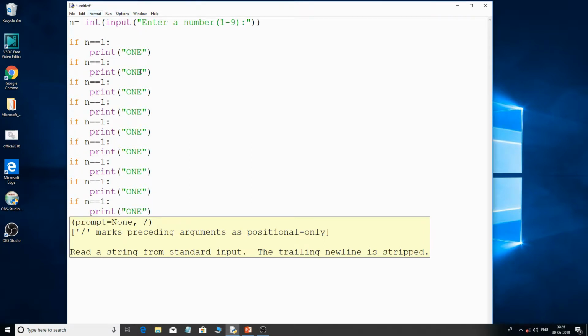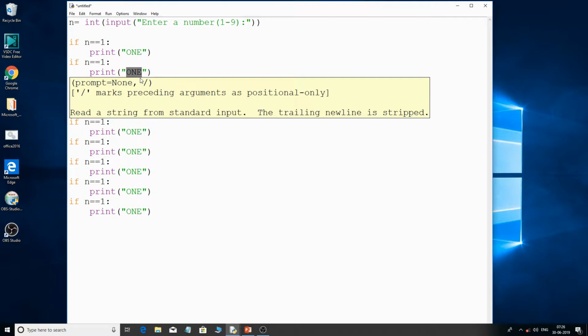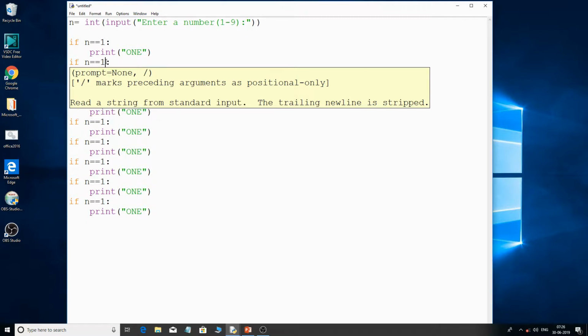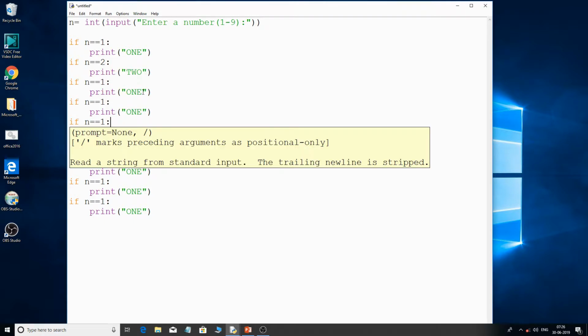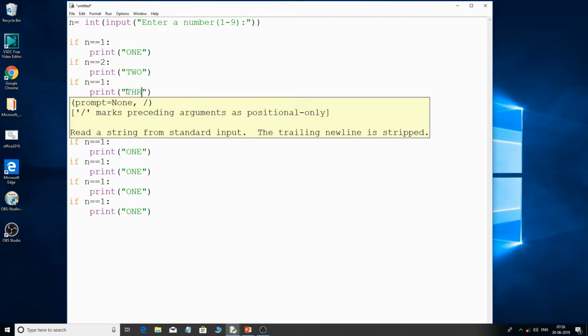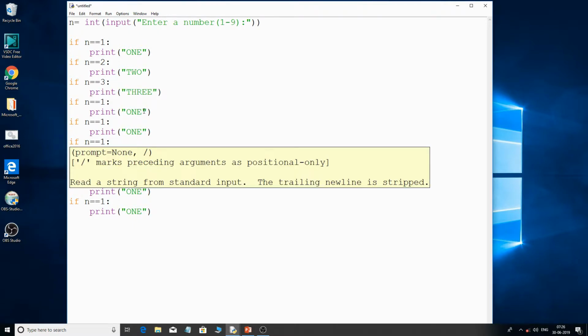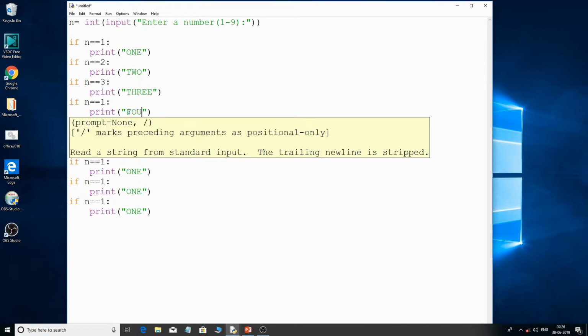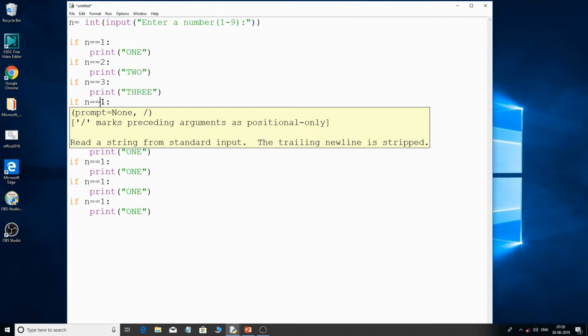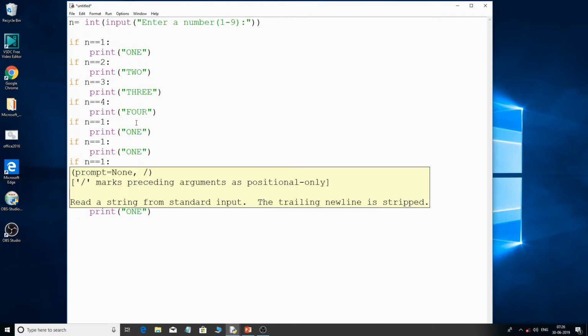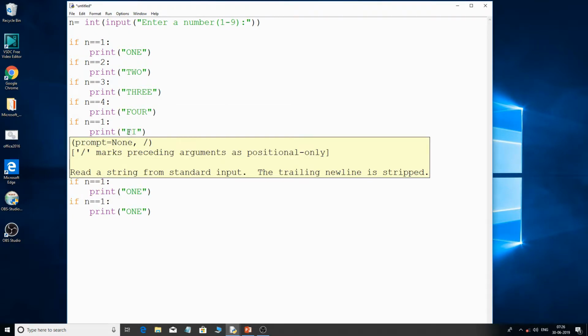So I'll just change the message. This is 1, so I'll make this as 2, and over here it will be 2, and this I'll make it as 3. If n is 3, then I'll print 3. This I'll make it as 4. If n is 4, this as 5,